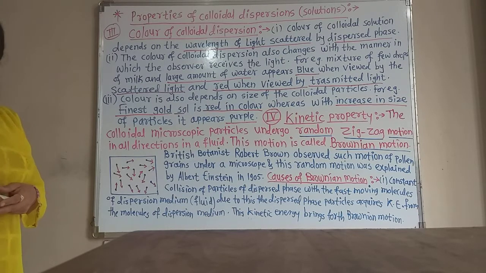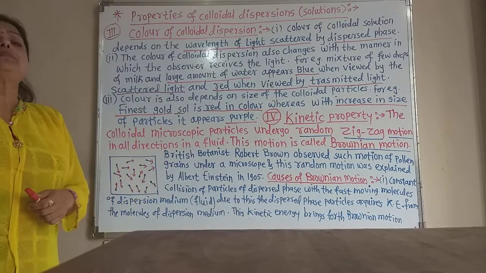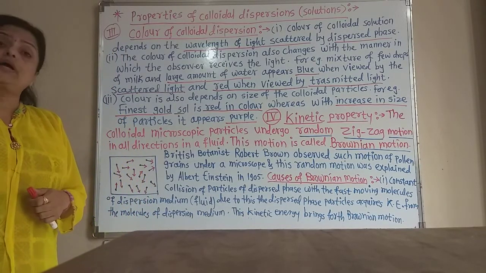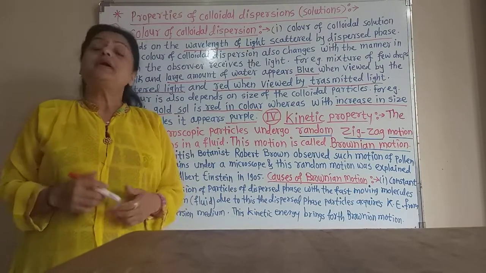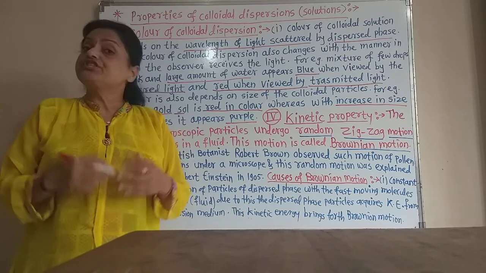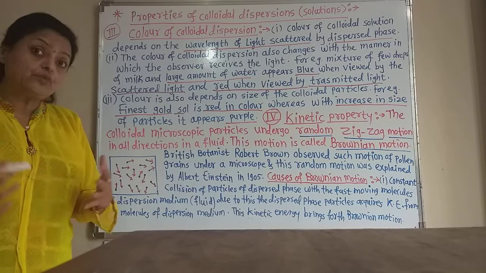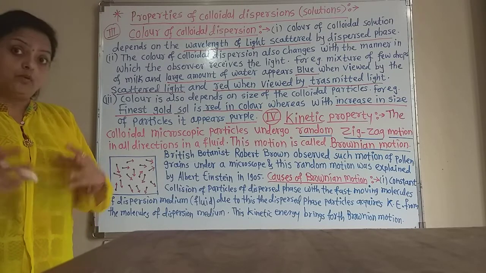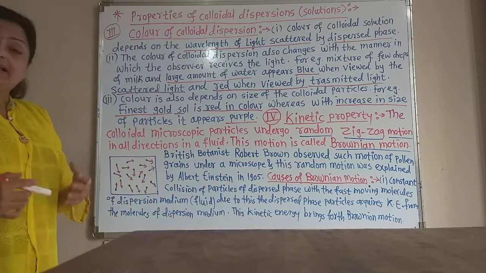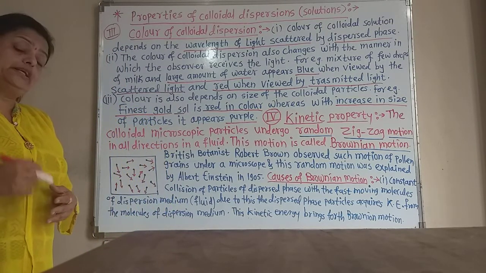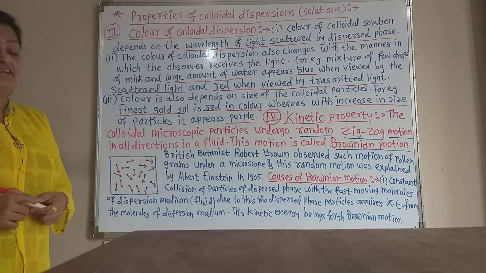Now, the next property, the fourth property, is the kinetic property. Now, these dispersed phase particles also have kinetic energy, and this is proved by Robert Brown, who is the botanist, and he observed this movement, Brownian movement or Brownian motion, in case of the pollen grains. So, kinetic property is also there in the dispersed phase particles, and how they get this kinetic energy, let us